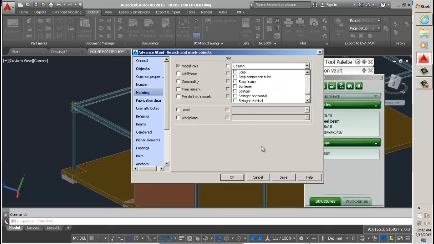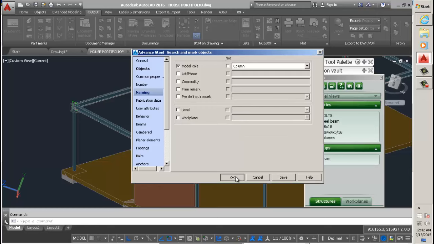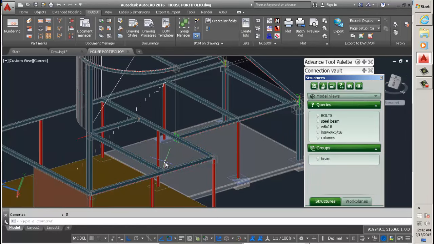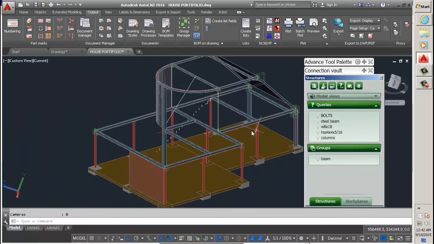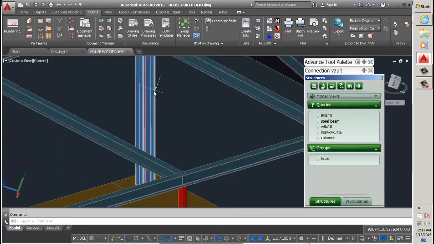Column, and I'm going to click save, and I'm going to name these columns. Okay, and then click OK, and now you see the columns are highlighted yet again. So we've done the same thing we did with the HSS, but this time we used a row model. And it's important to use row model sometimes, because if I had changed these two,